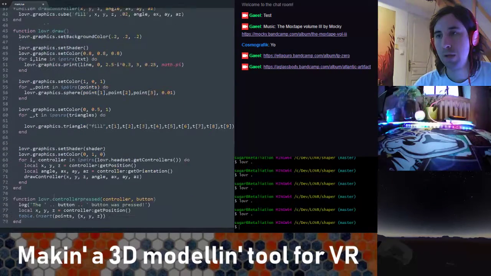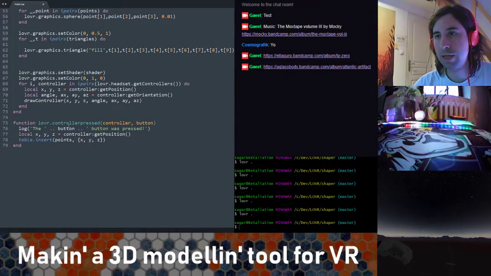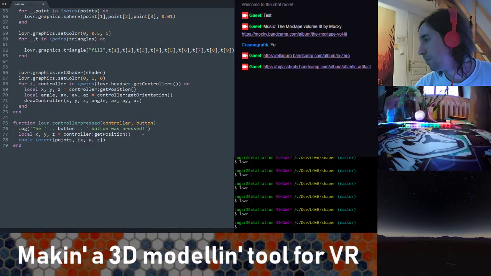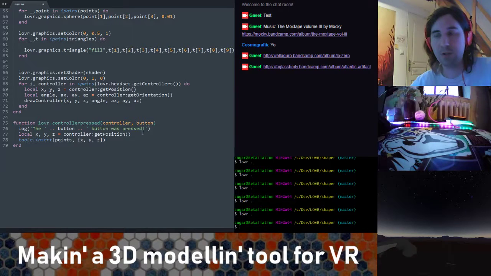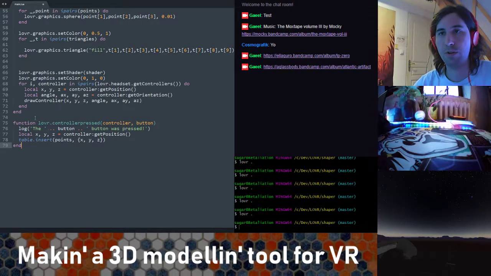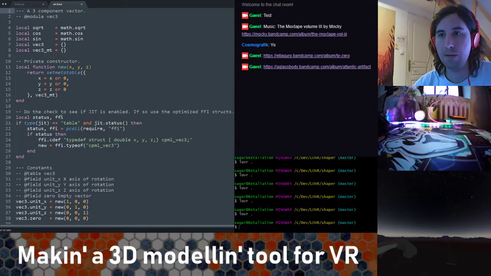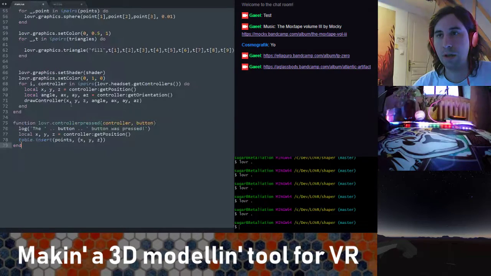So this just creates points. Currently, it's only when trigger is pressed. So I'm not sure how I'm going to do selections. Maybe what I can do is simply, if you try to click too close to a point that's already there, then you're trying to create a face. So we can do that maybe. So what we're going to do is create a real quick distance function. There's probably actually one already in here in CPML, CPML vector 3. Ah, let's just do